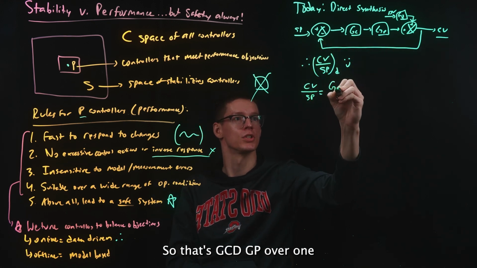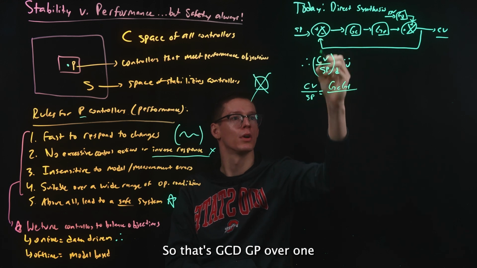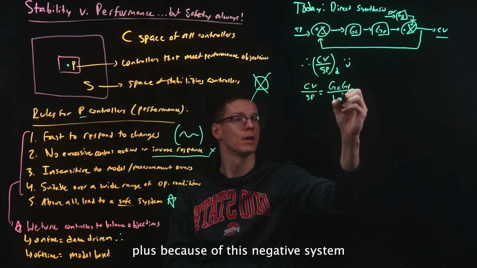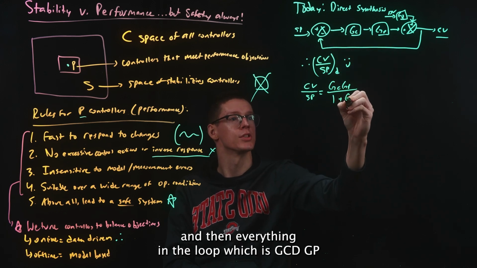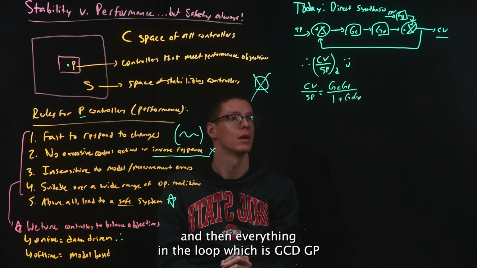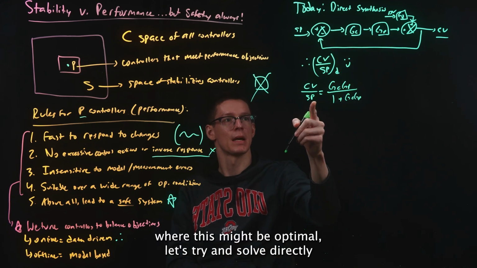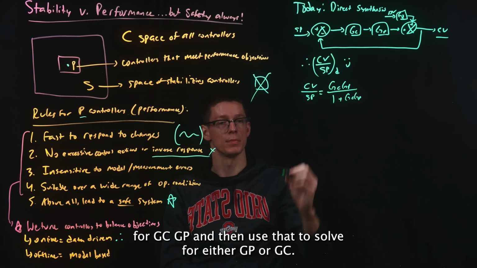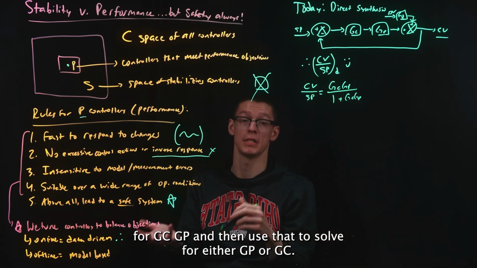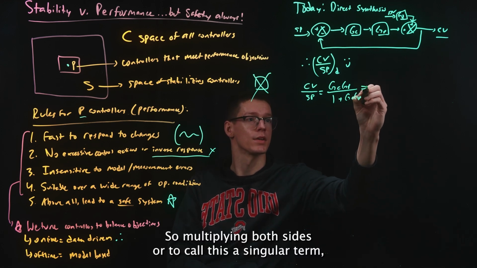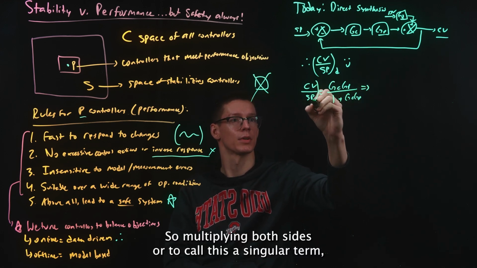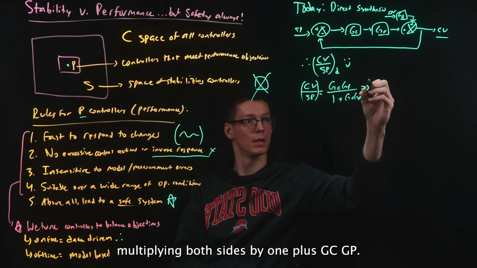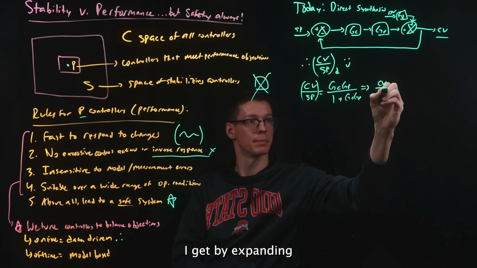So that's GCGP over 1 plus, because of this negative system, and then everything in the loop, which is GCGP. So to identify where this might be optimal, let's try and solve directly for GCGP and then use that to solve for either GP or GC. So multiplying both sides, we're going to call this a singular term. Multiplying both sides by 1 plus GCGP, I get, by expanding